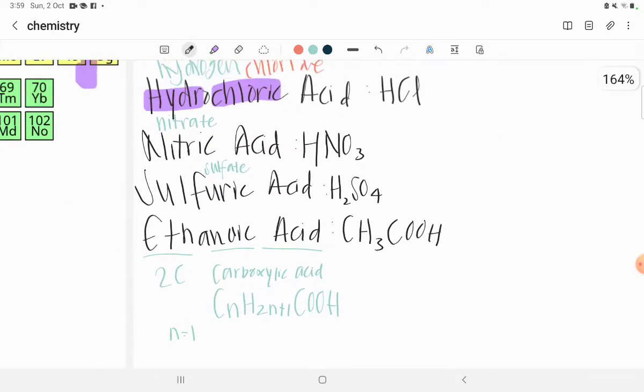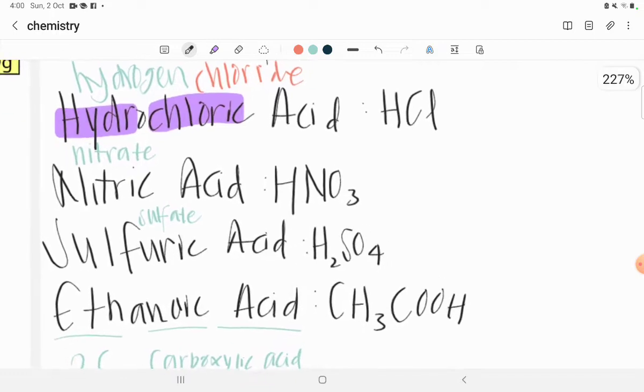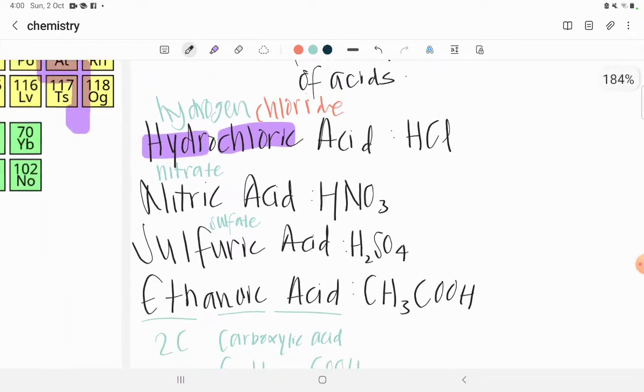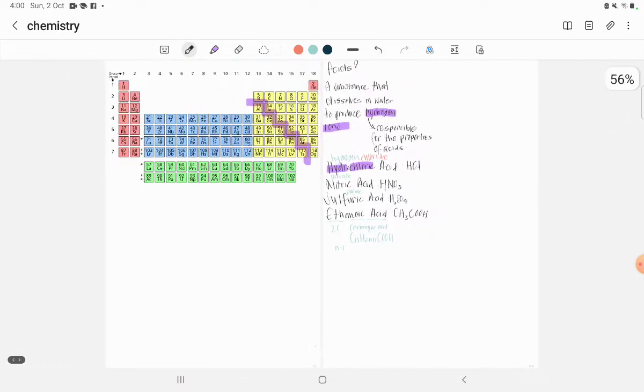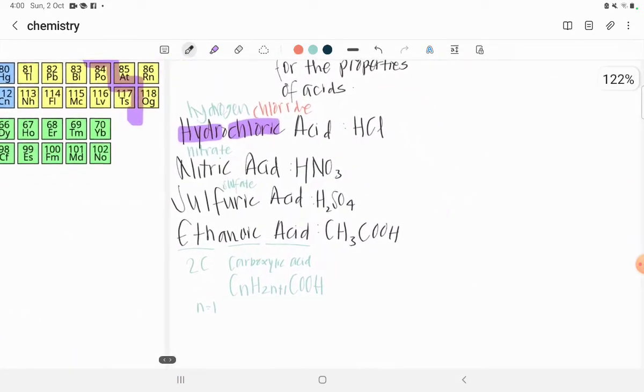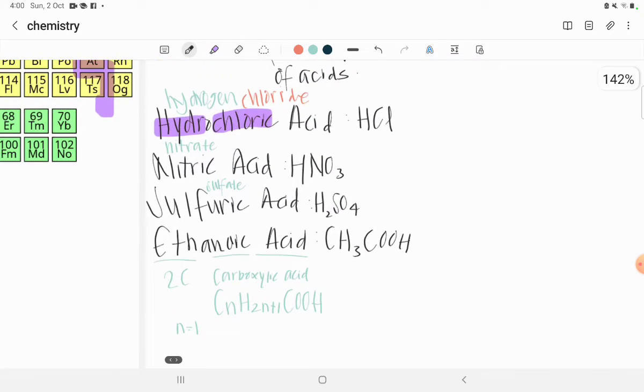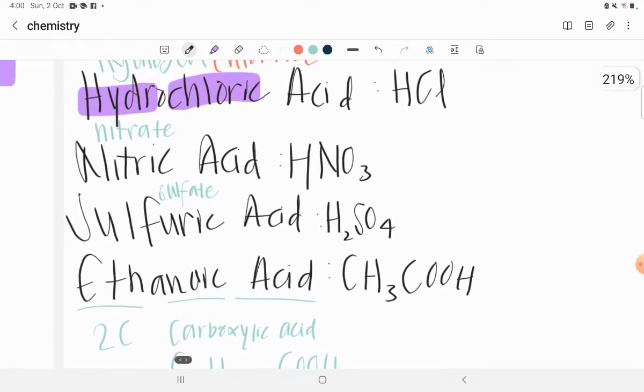So these are the chemical formulas that you need to remember because they are part of the syllabus. I guess that's kind of the introduction for